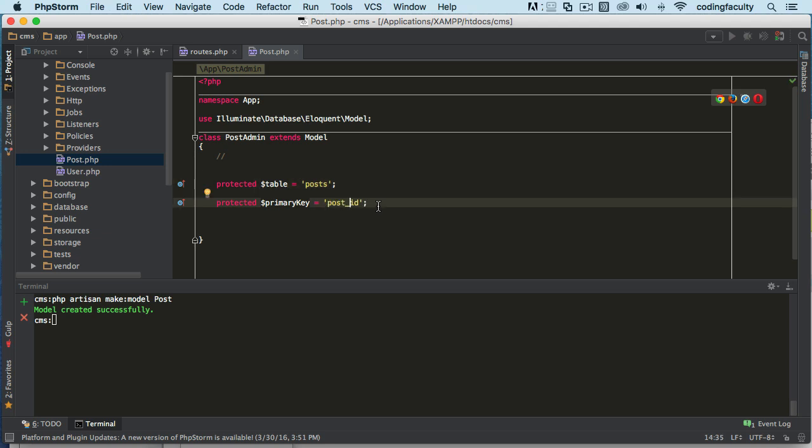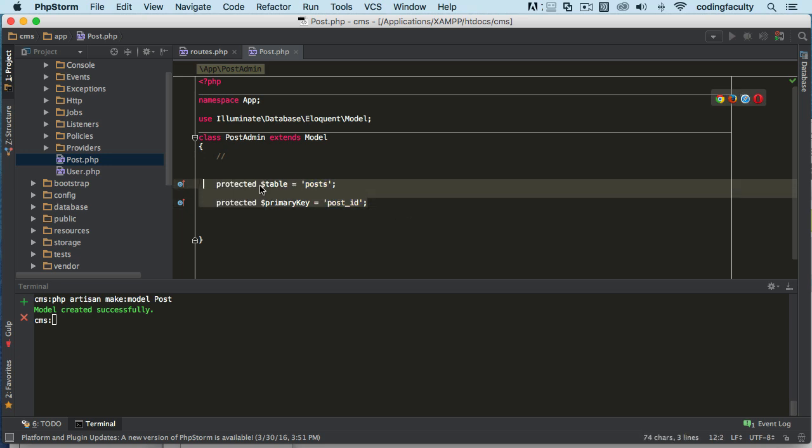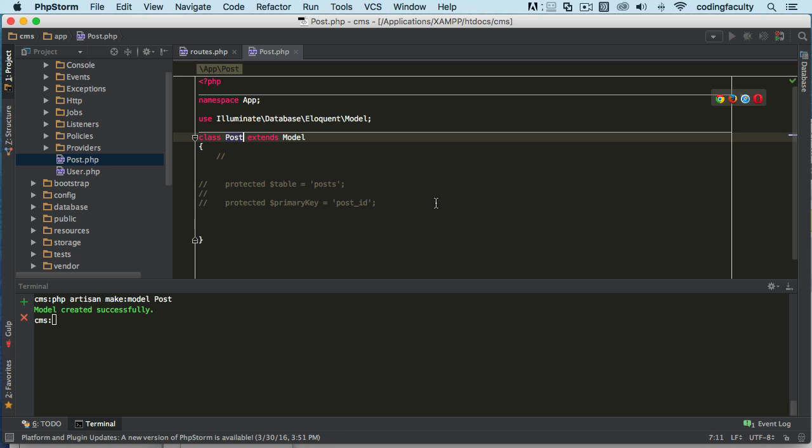Okay, so anyway, let's get to this. I'm going to comment this out, and I'm going to use the post model right there. I know that you didn't understand much in this lecture, but don't worry, this is going to become very clear later on. So now let's go back to